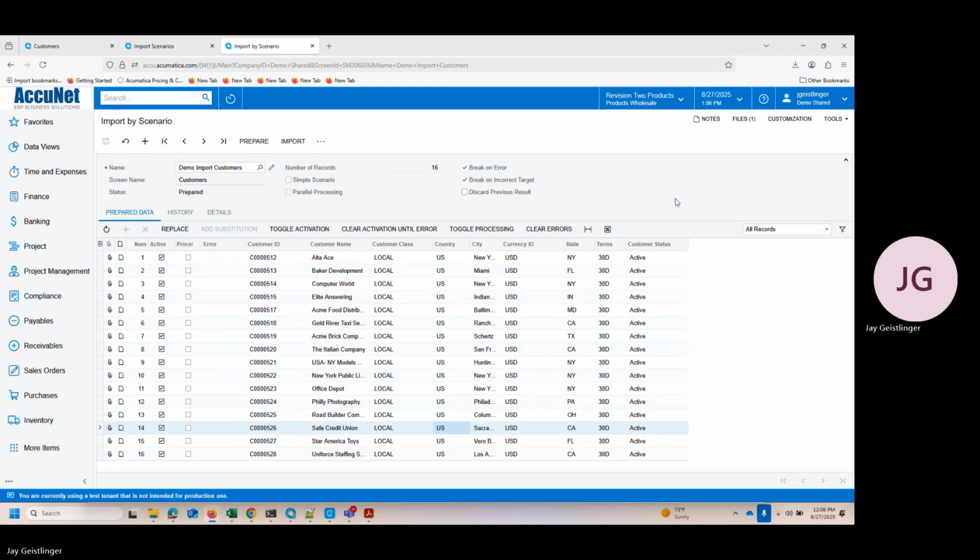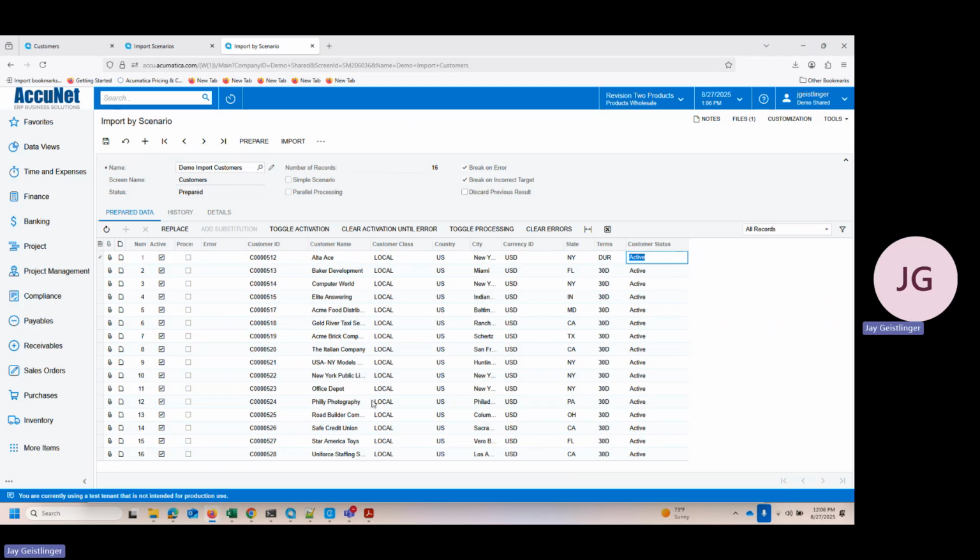So what if there's some other changes we want to make, though? Let's say that there has been a change in company policy, and instead of the default terms of payment being 30 days, the company has decided we're going to require that external companies or customers pay us upon receipt. So there is a term that's already in Acumatica called due upon receipt, or DUR. And